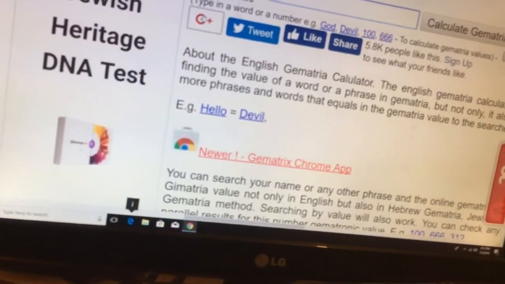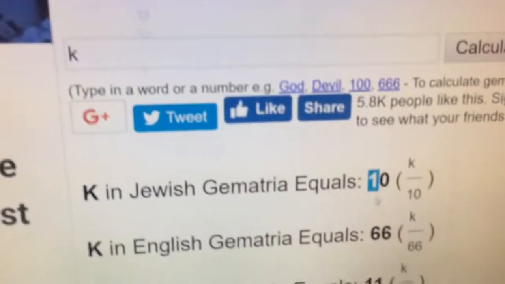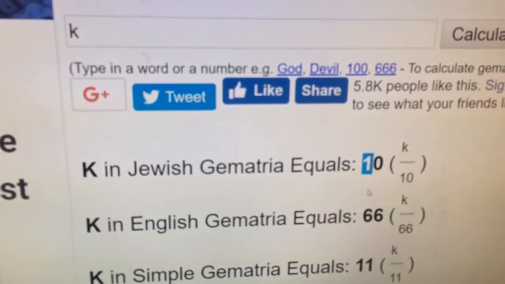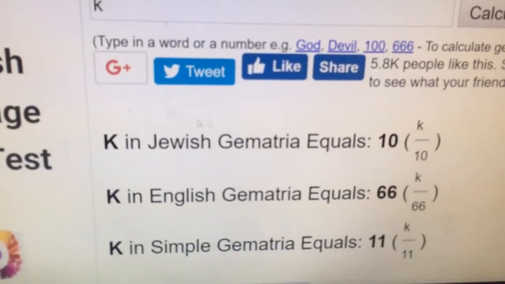Sorry. Okay. And Jewish is 10. Okay. So the 10 in columns, that makes sense, right? So if the 10 cells of the fourth dimension of time reduce to 100 in simple gematria,